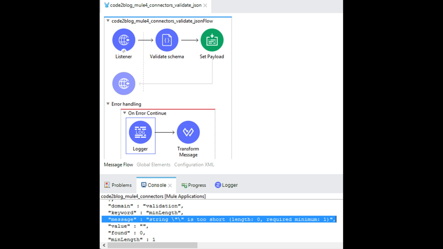I have added a logger to the error handling subsection. In the console logs, you see that the length of the field is 0 and that is too short. We were expecting a minimum value of 1.